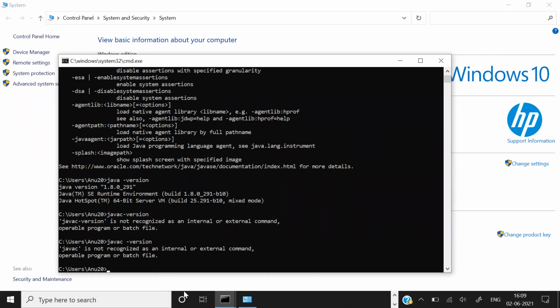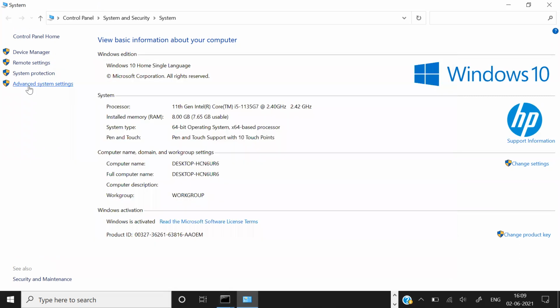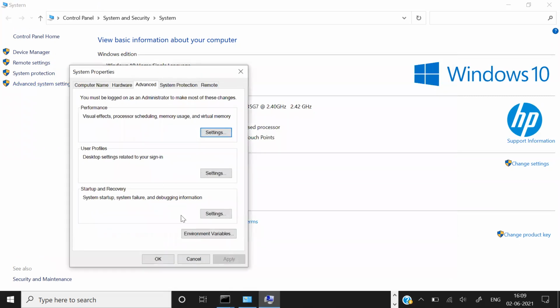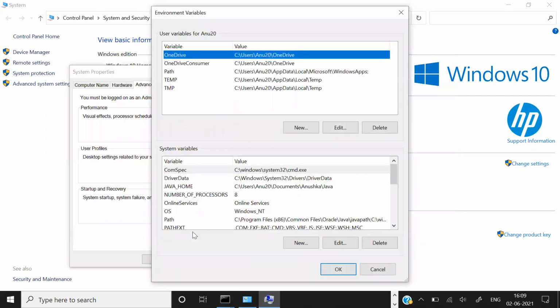javac is not recognized. Right. One minute. Okay, you click on this Advanced system settings again, Environment Variable, and select this Path.